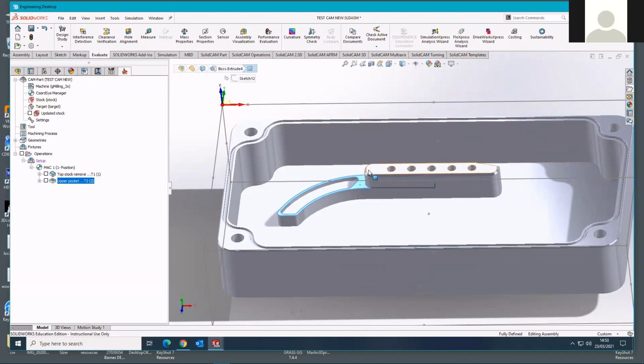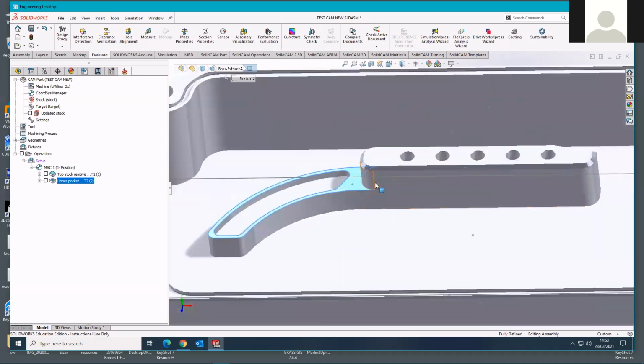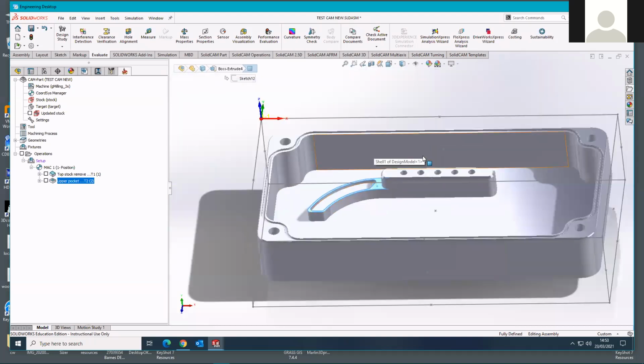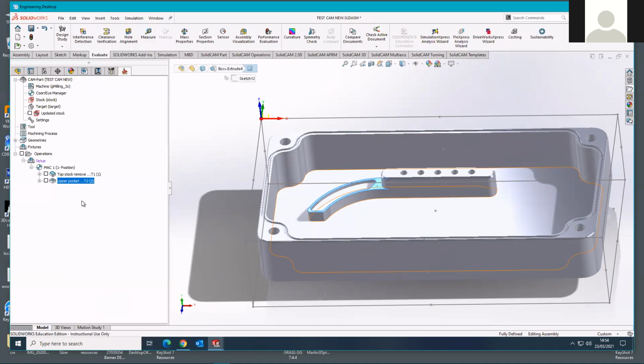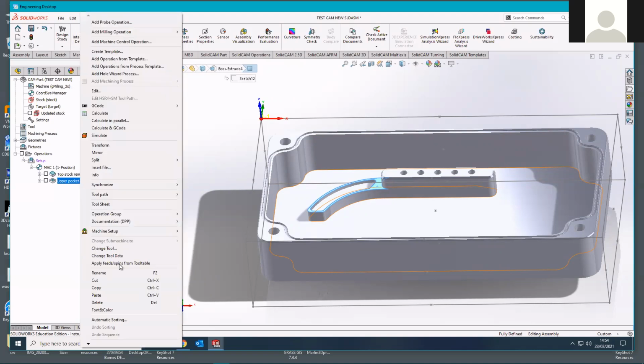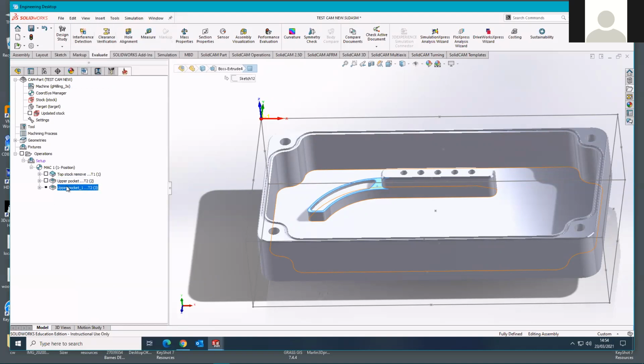But then we're going to have to tell the system something else. We're going to have to say, there's an area in the center here that we'd like you to avoid machining. So this is why we're doing this step as a separate machining operation, because it's not identical to the first one, but it does have a lot of similarities. So given that, we're going to take a copy of the first one to use as a starting point for the second one. So I'm going to right click on it, and go copy, and then right click on it again, and go paste,